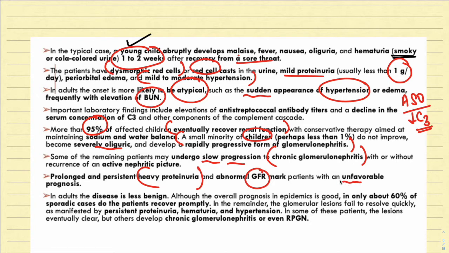Now if you look, in case of children the prognosis is far better, but in case of adults the disease is far less benign in nature, and the overall prognosis in epidemics is good in only about 60% of sporadic patients. Just remember that in only about 60% of the sporadic cases will the adult patient recover promptly, whereas in the remaining cases the disease is going to persist. There will be persistent proteinuria, hematuria, hypertension, and some of them might also go towards chronic glomerulonephritis or even rapidly